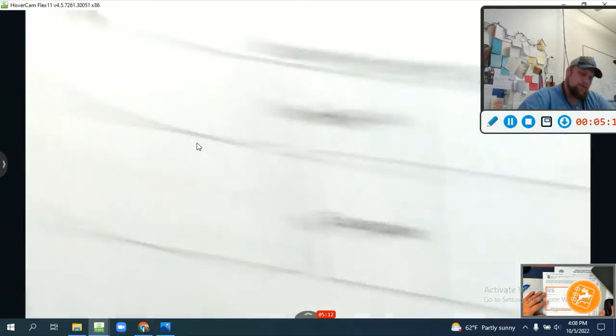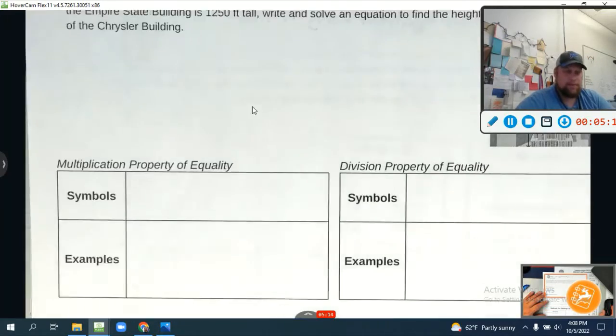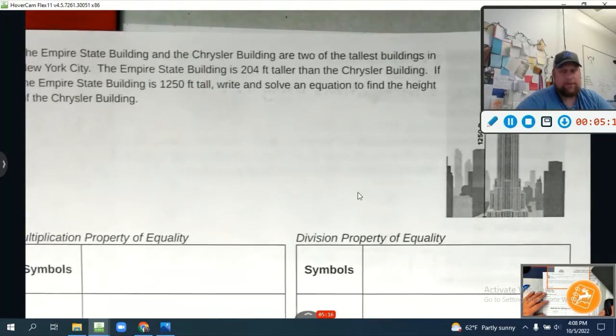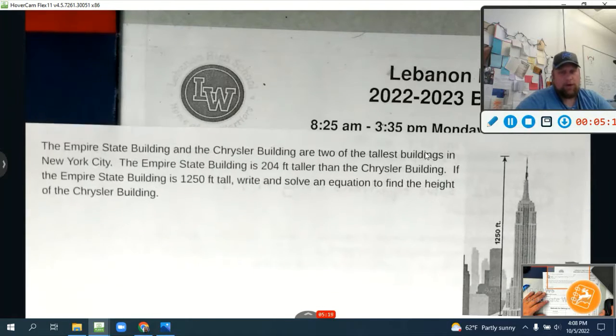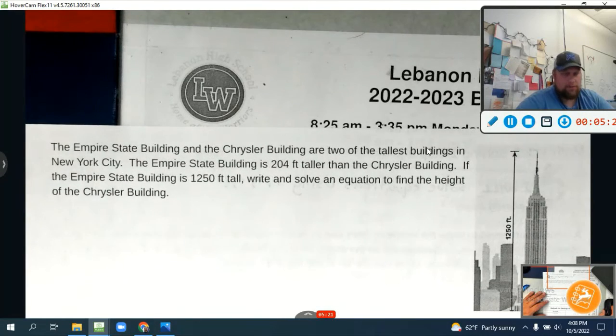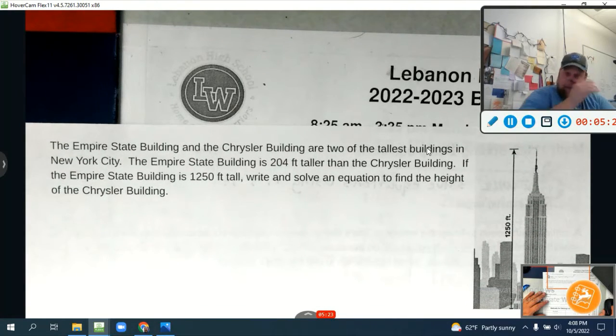Okay, let's go. Let's talk about some buildings, defining some variables. So we talked about how to work some problems last lesson, how to define variables and all that, but let's look. The Empire State Building and the Chrysler Building are two of the tallest buildings in New York City. The Empire State Building is 204 feet taller than the Chrysler Building. If the Empire State Building is 1,250 feet tall, write and solve an equation to find the height of the